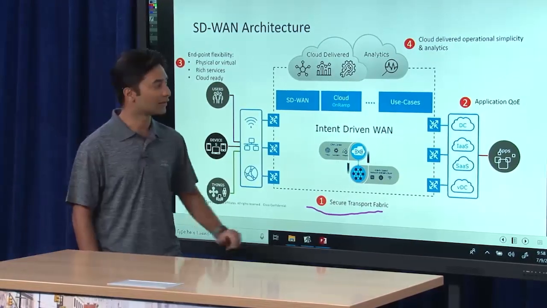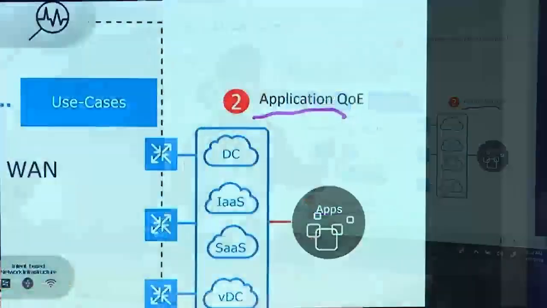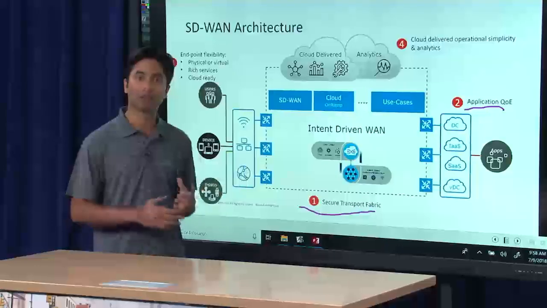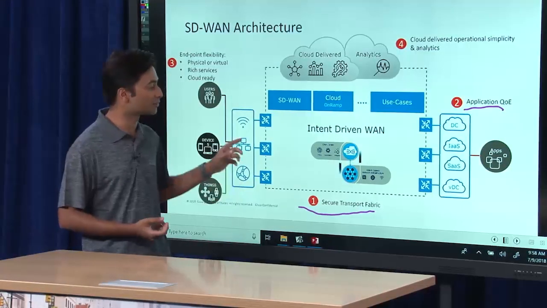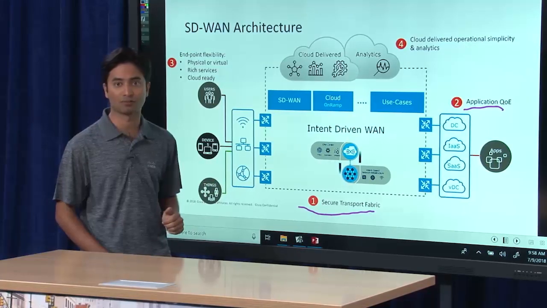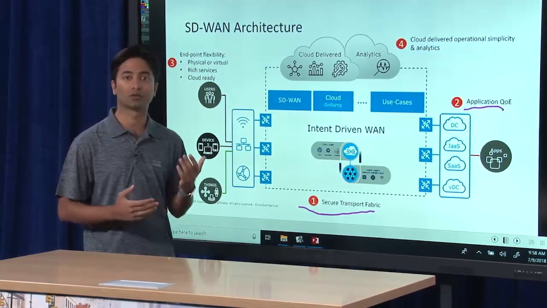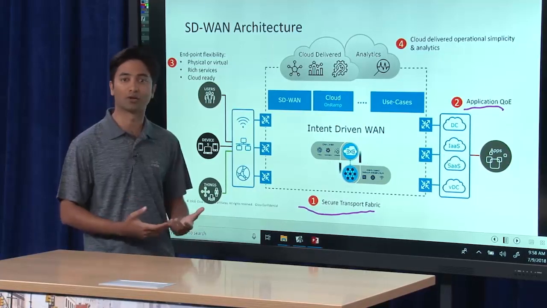The next thing is going to be providing you application visibility. What do the application patterns look like, and what is the quality of the experience for those applications? And allow you to tune what paths need to be taken, what quality of experience to have for your applications.